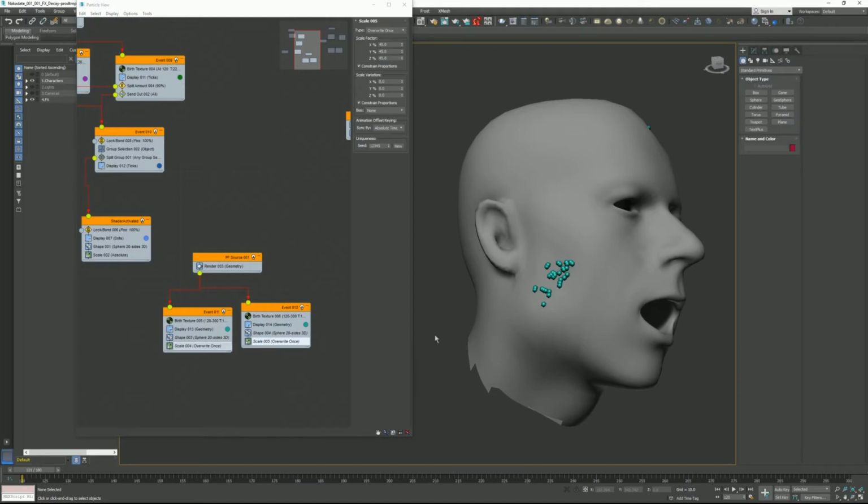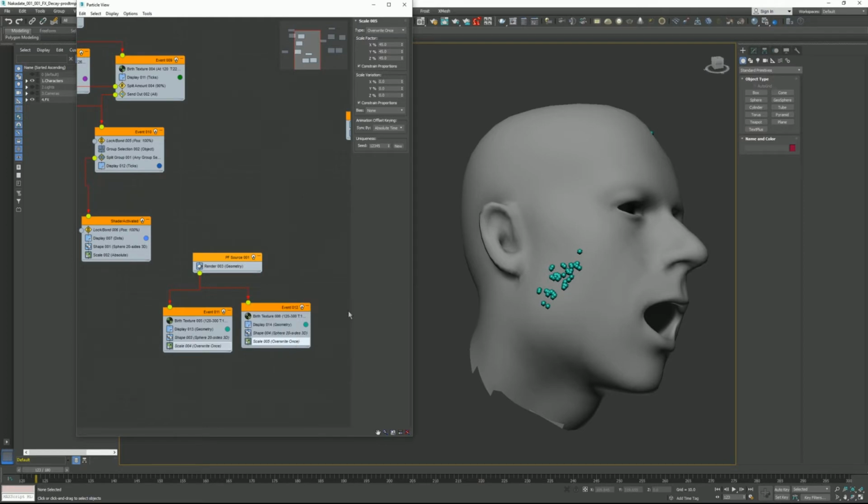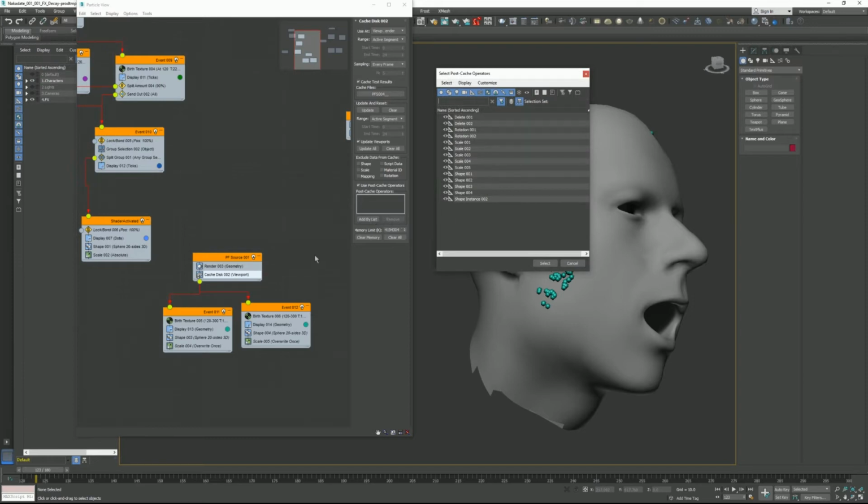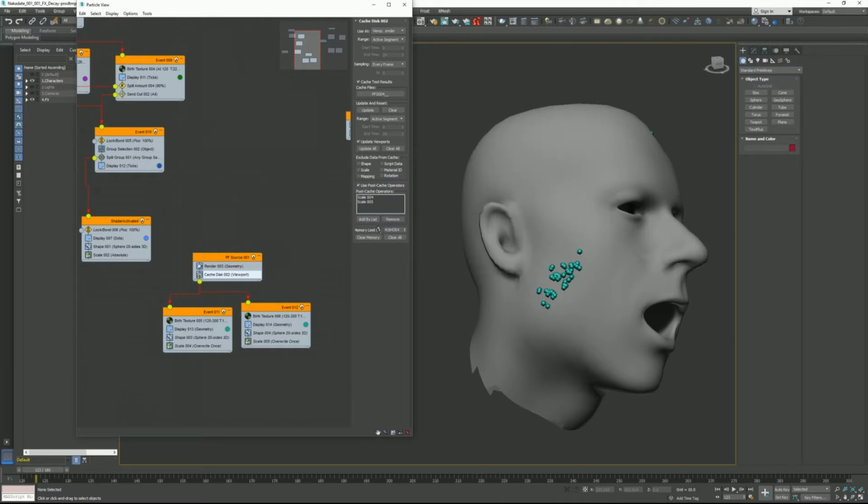Okay, so what I'm going to do next, I'll explain why in a moment, is add a cache disk, and this will allow us to cache it out. We'll set this to view and render, max out the memory limit, select the file, and then finally set post cache operators, and then add, we get scale 4 and 5. So we add them in, and it means that once these are cached, we can still go back and change the scale of these, which is kind of handy. Okay, so now I'm just going to let this cache,